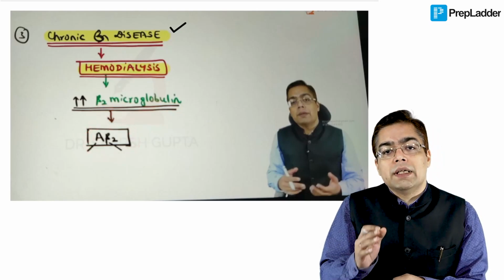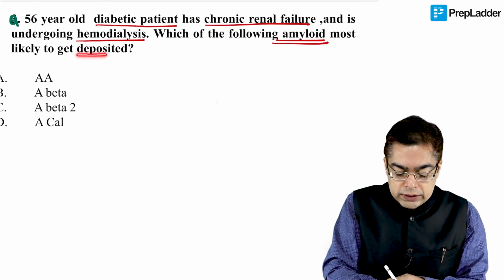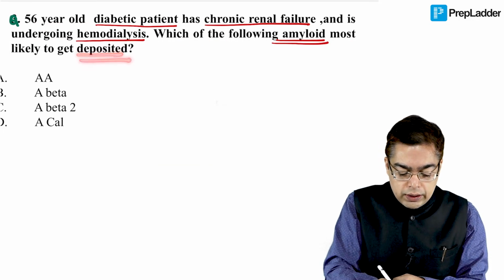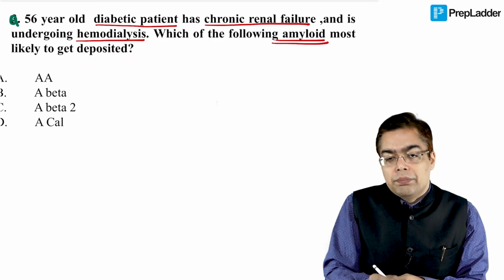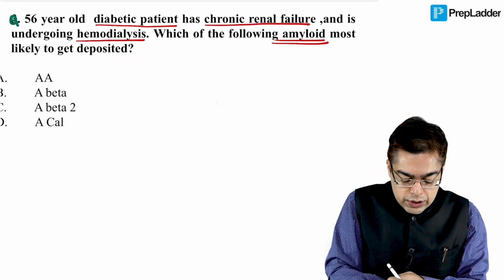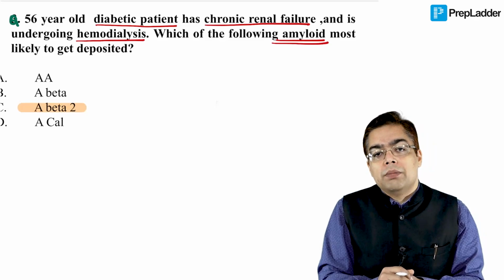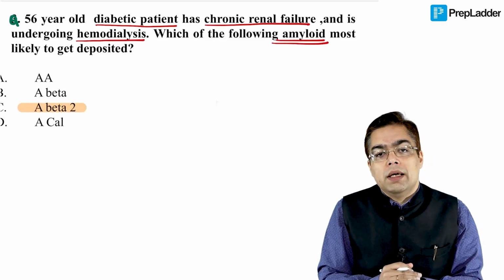So almost the same thing, almost the same words, almost the same picture is what was given to you over here. Just the clinical way of asking you a question: when you're talking about a patient undergoing hemodialysis, what is the nature of the amyloid? So straightforward question, I would say, friends. And I do believe that the majority of you who have gone through the video section in the main app of pathology would have marked it correctly, A beta 2.